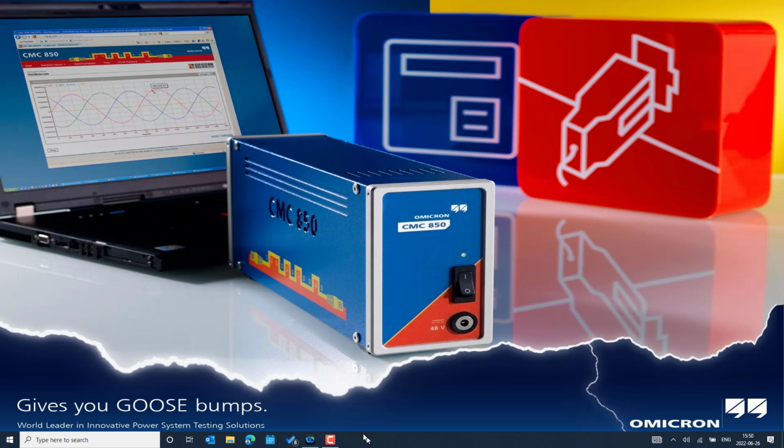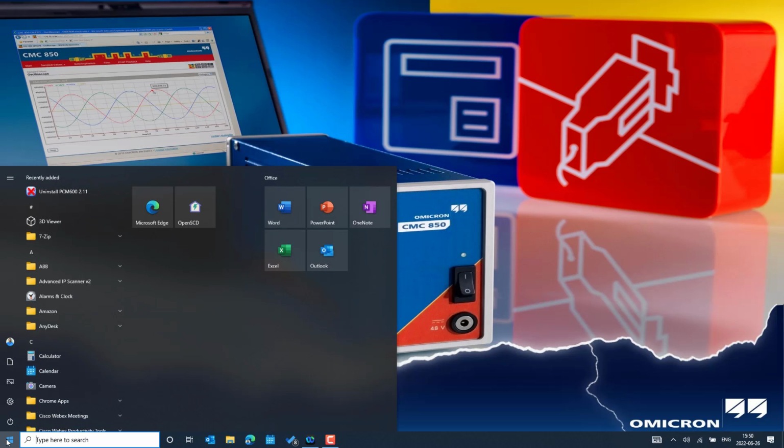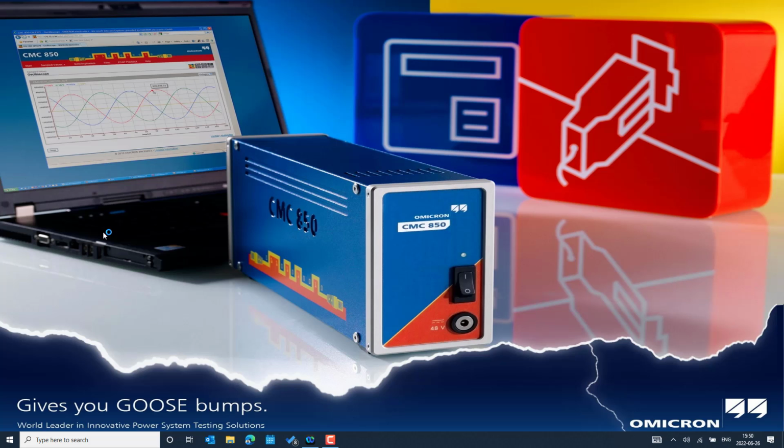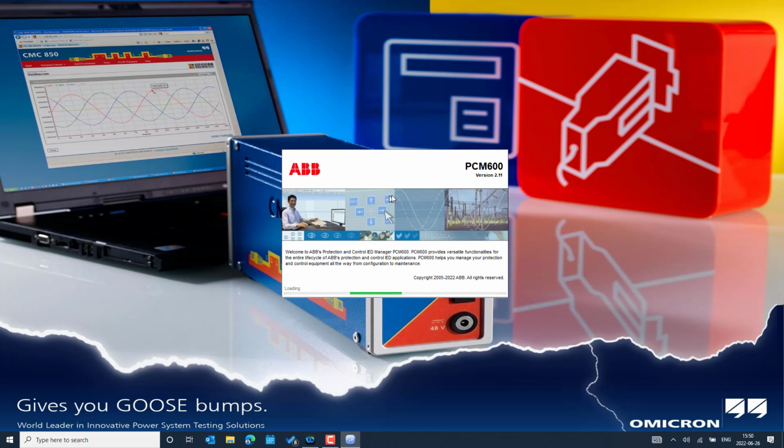So we have installed the information now. Let's check the update is applied correctly in our latest version of PCM600. So how can we check this latest update? After we open the PCM600 software application on our PC, we can again go to the main menu in PCM600, which is the help menu. Under that, we can see a version history